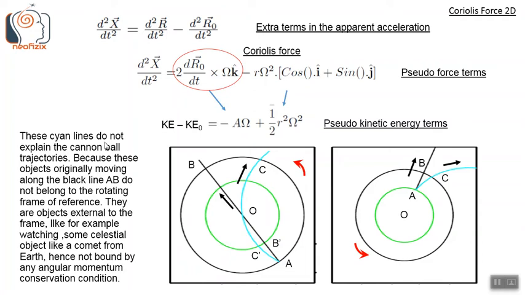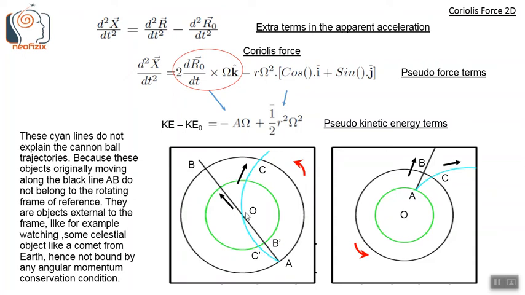So this cyan line is seen in both the panels, this curving. The black line is the trajectory as seen from the inertial frame, and the cyan line is the trajectory observed from the rotating frame. The two major points that can be noted, mainly from this left panel, are these. The first point is this cyan trajectory passes right through the center of the rotating platform, just like the black trajectory. The black trajectory was directed towards the center, so it is passing through the center. And we see this cyan trajectory is also passing right through the center of the rotating frame, point O.